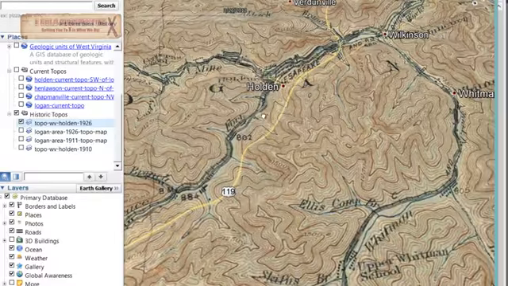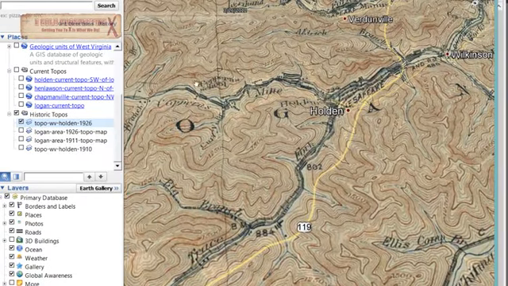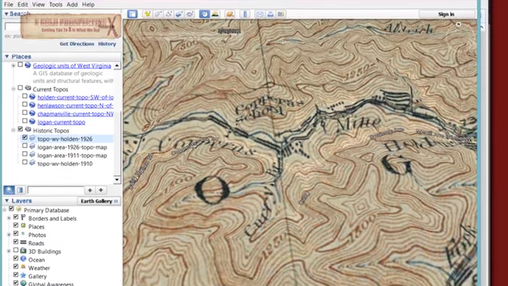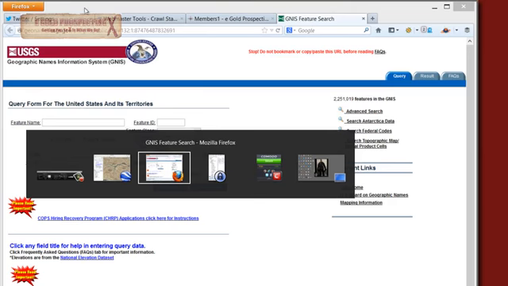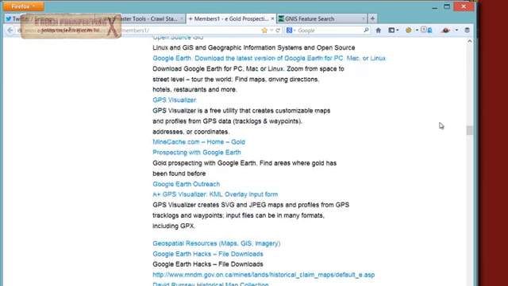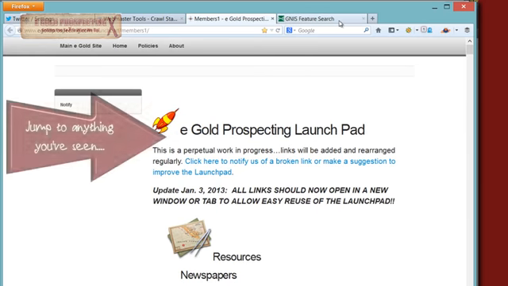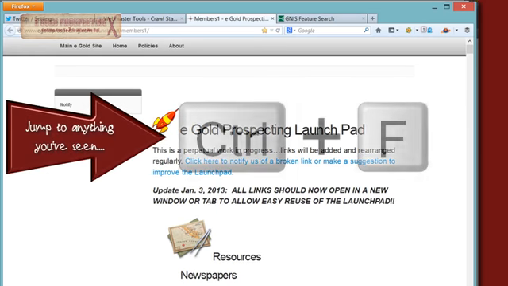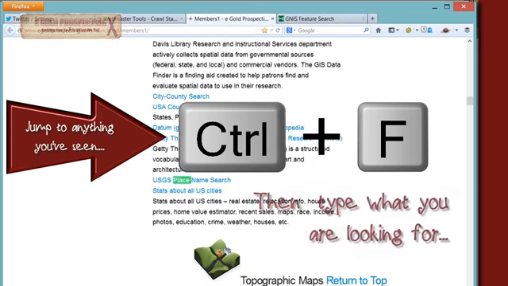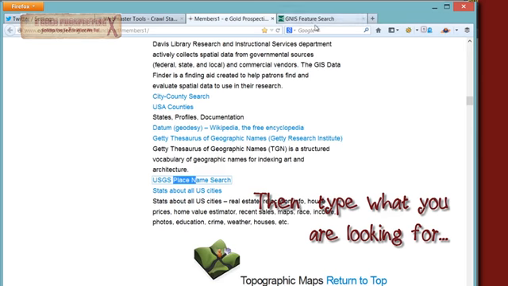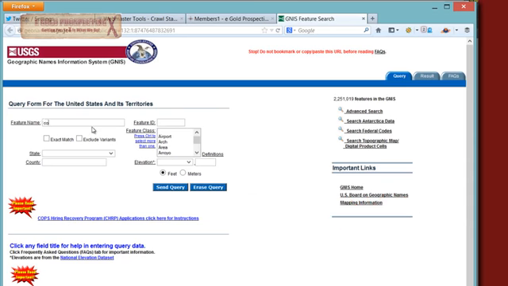Most little small towns would have had a school, and those would be marked. See, here's Cooperus School, and so take Cooperus School. And then if you go over to the launch pad that's available at egoldprospecting.com, you click sign up and you get access to this launch pad. And then just type Control F for place name, and then you click on that and it opens up, and I've already got it open so we don't have to wait on it, but you write Cooperus School,